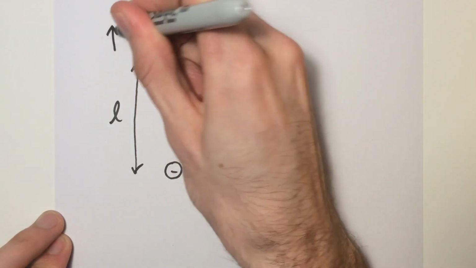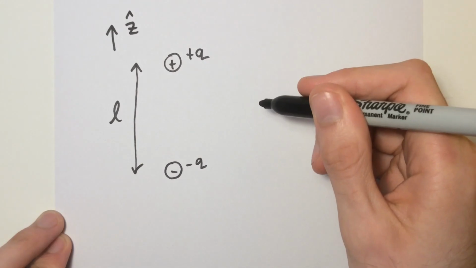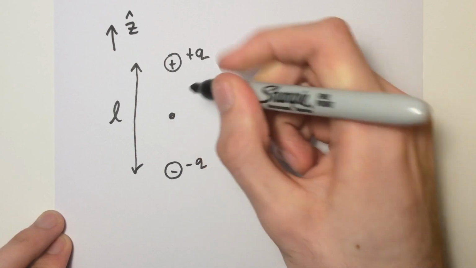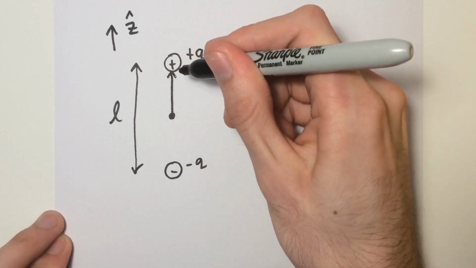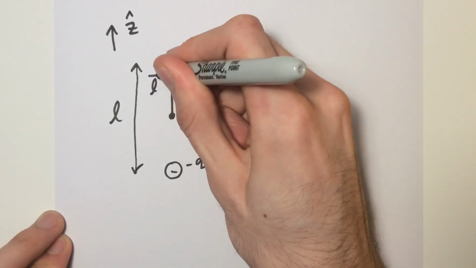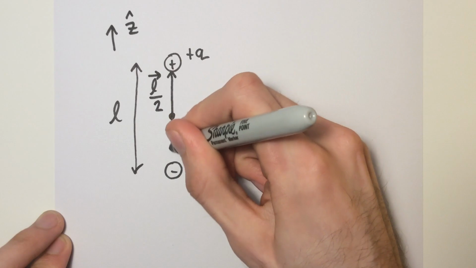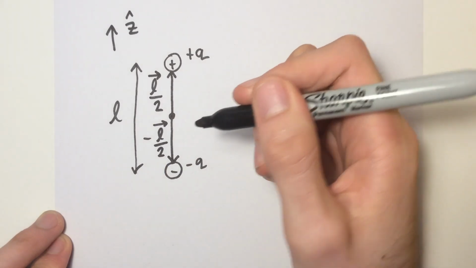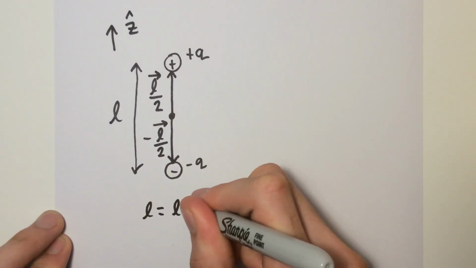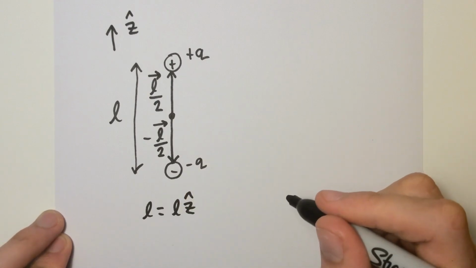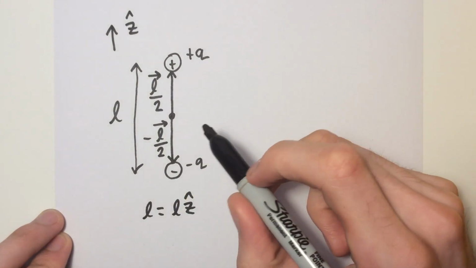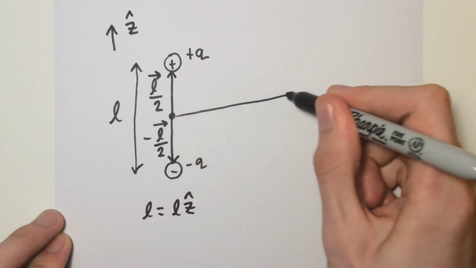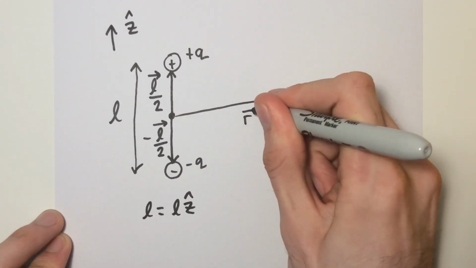So we have the z direction pointing upwards. If we take the origin at the centre of our dipole, then we're going to have a vector to the positive charge, which is going to be L over 2, and to the negative charge we have a vector minus L over 2. Okay, since we know that L is defined in the positive z direction. So we want to find the electric field at an arbitrary point away from this dipole. So we can draw a vector R to a point